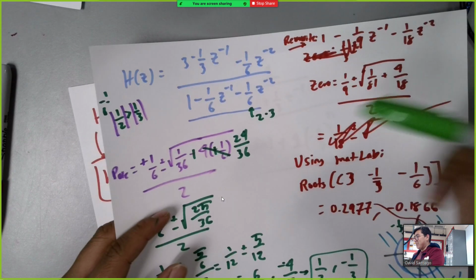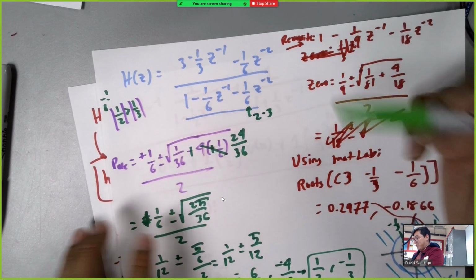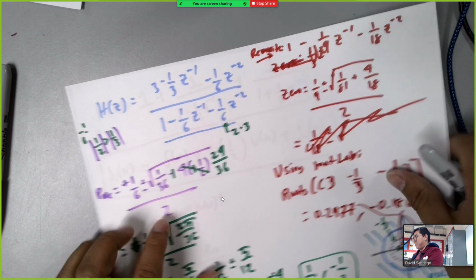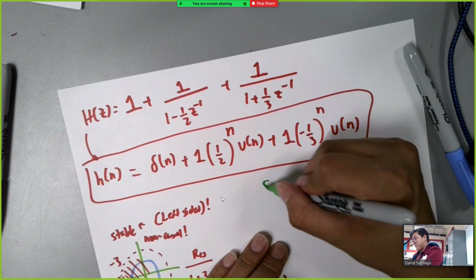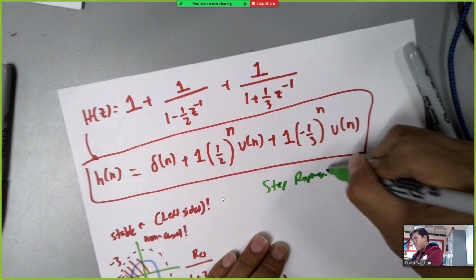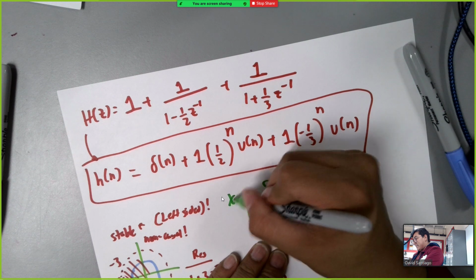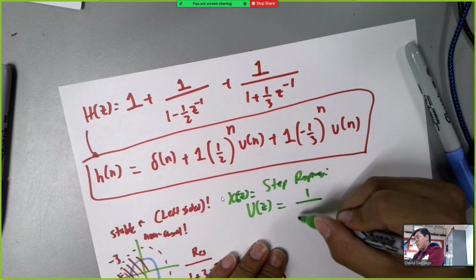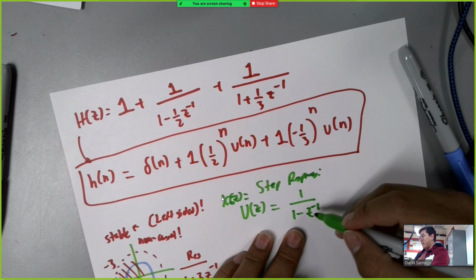What you're going to do is convolve it with this, okay? Well, you know how to get these poles, right? All I'm going to say, if you wanted the step response, X of z is equal to U of z, which is equal to 1 minus z to the minus 1. So you're going to multiply this